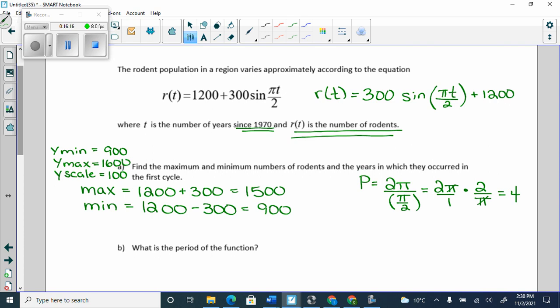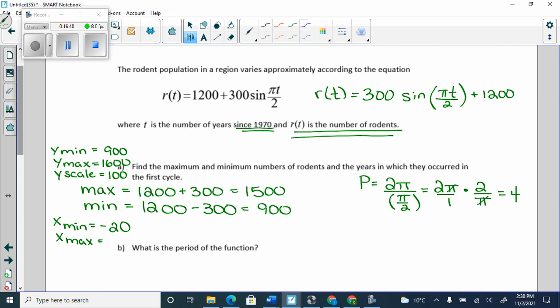So I would make my x min, I don't know, let's go negative 20 to get us to 1950. And our x max, we're going to find out in a little while what we need to make it be. But it's going to repeat every 4. We could make it be,